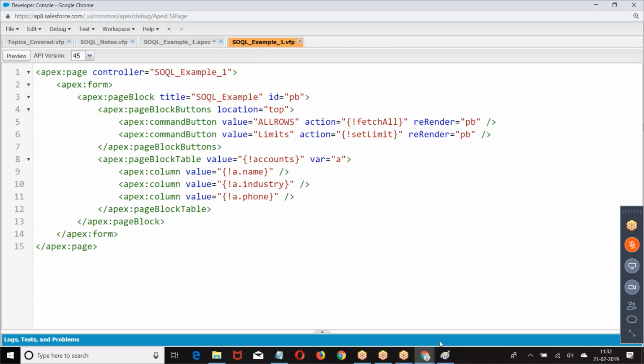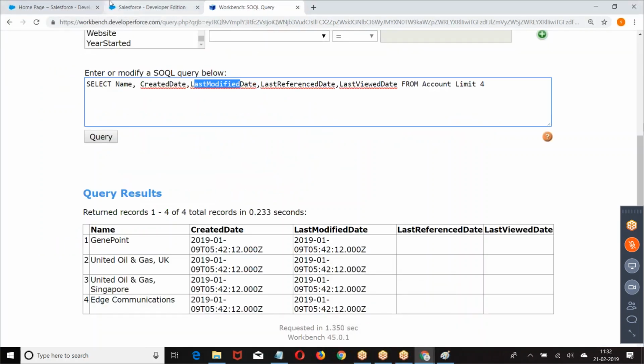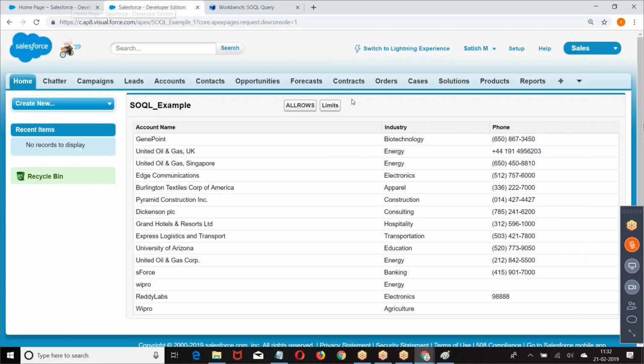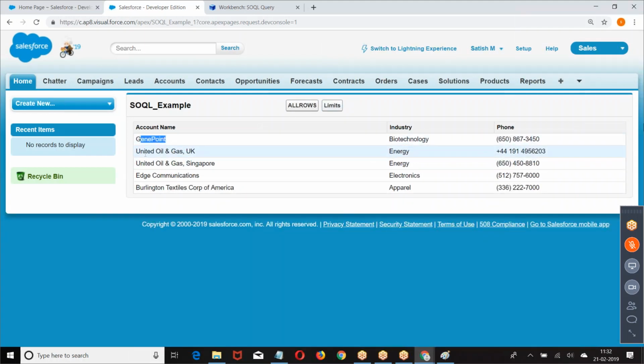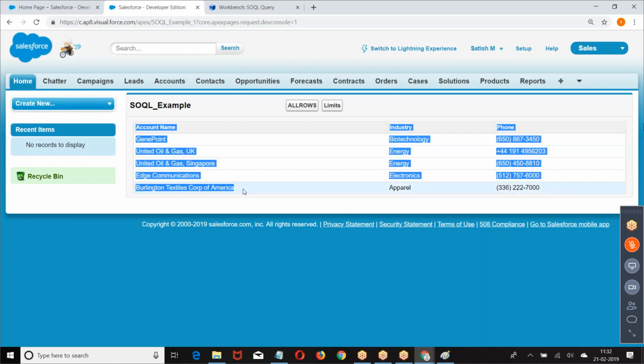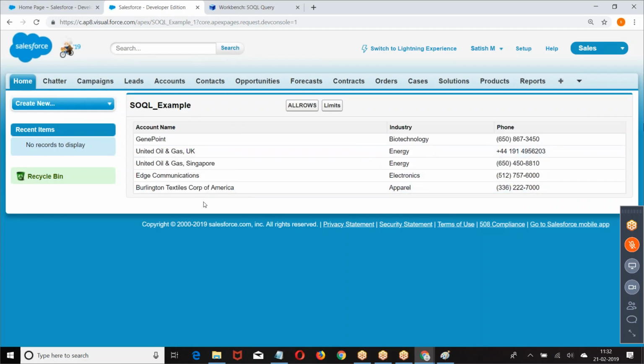Have a preview. Now we got unit point, unit oil gas corporation, and so on. We are getting the limited 5 records.